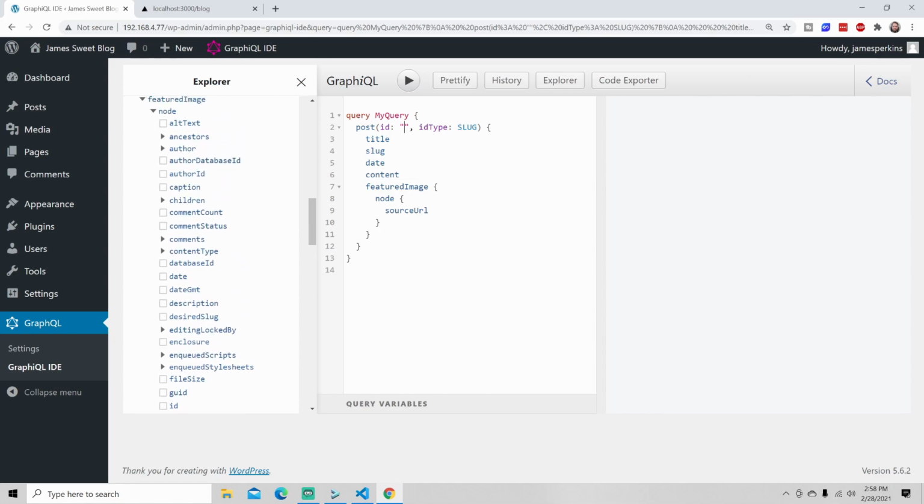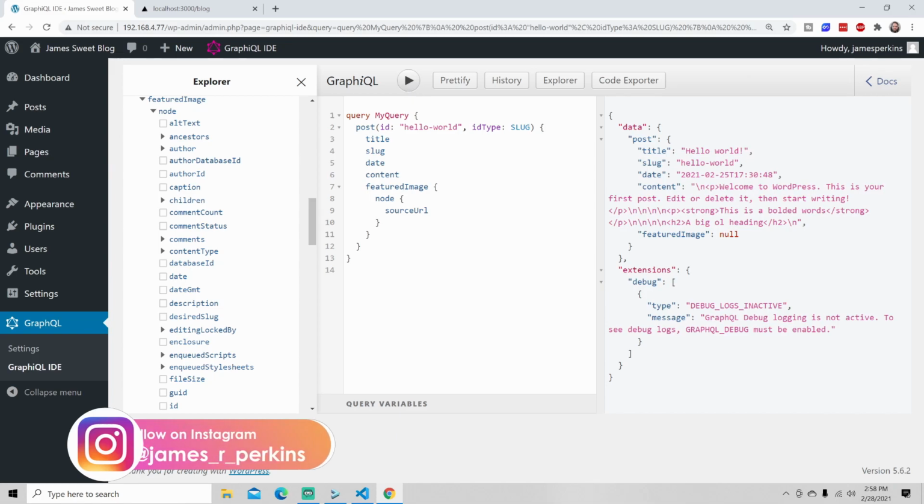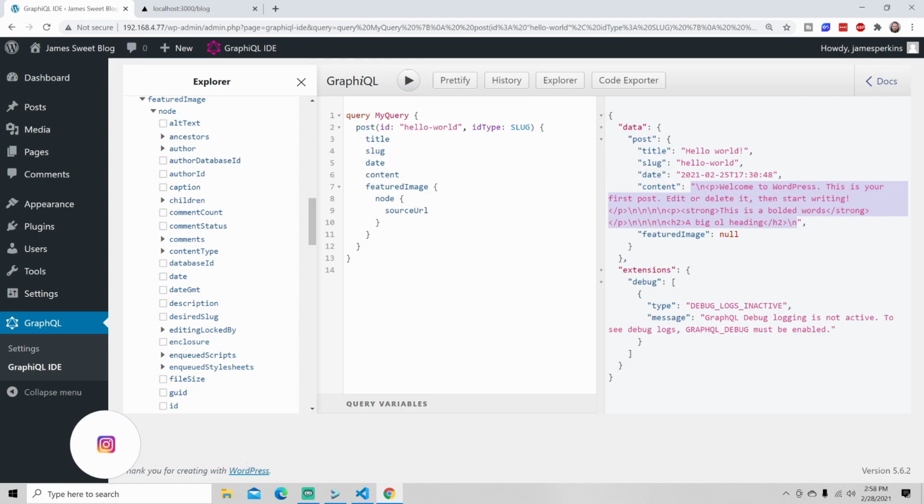So if I pass in a slug here, and a slug would be, I believe, hello world is a slug, and hit the query button, you can see here that this is what's being returned. Here is the content. Here is the title, the slug, the date. The featured image is null because we don't have one. So this query works and it's ready to go,